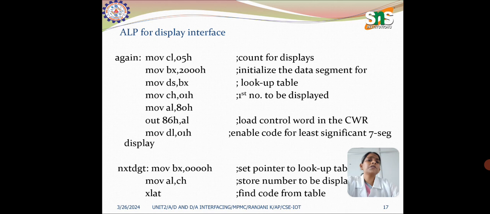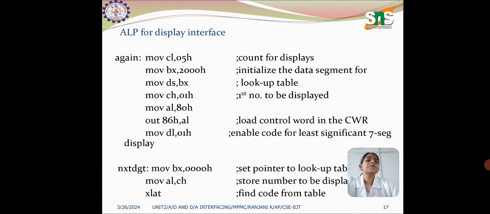This is the ALP for display interface. Here MOV CL, 05H is the count for display, and MOV BX, 2000 is initializing the data segment, and next is the lookup table initialization, and next the number to be displayed. Here OUT 86, AL loads the control word in CWR, and MOV DL, 01H is to enable the code for the least